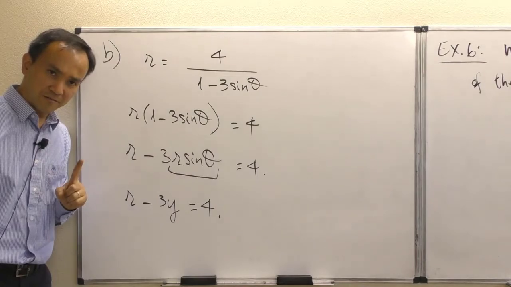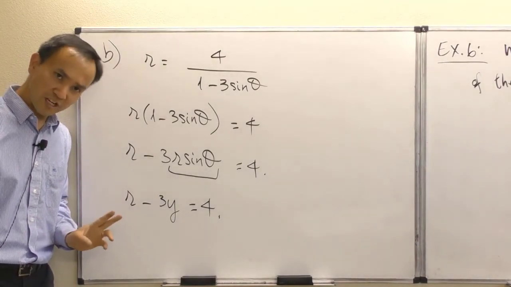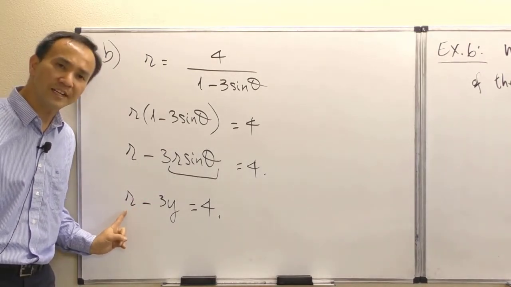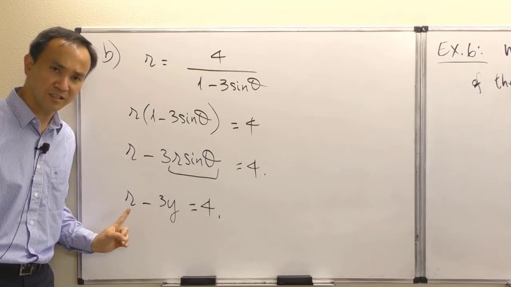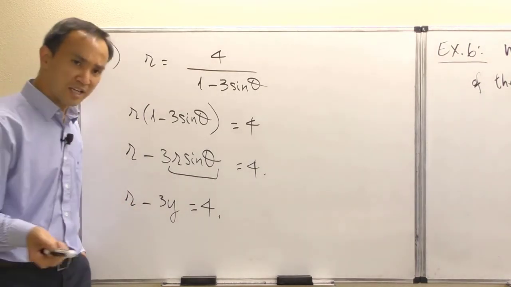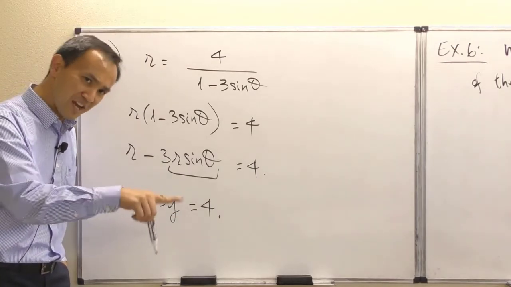I'm almost done. But I know I'm not done. I'm only almost done, but I'm not done. Why is that? Because we still have that r variable, that polar variable, still here. So we have to completely get rid of that. But the good thing is it's only a single variable. So why don't we